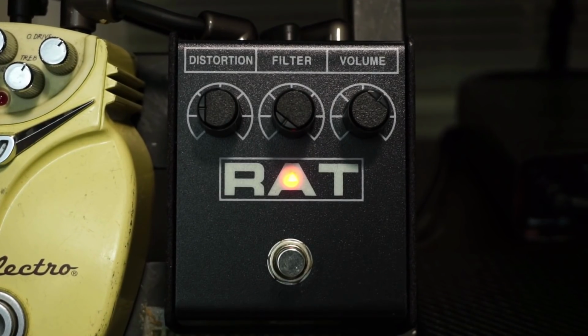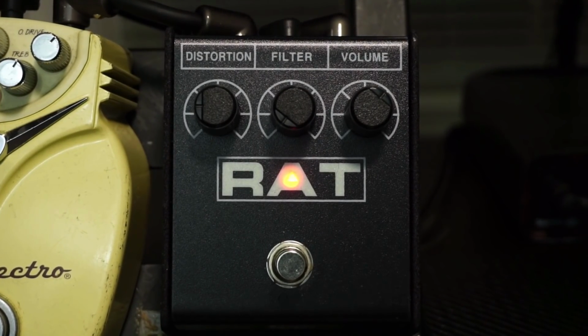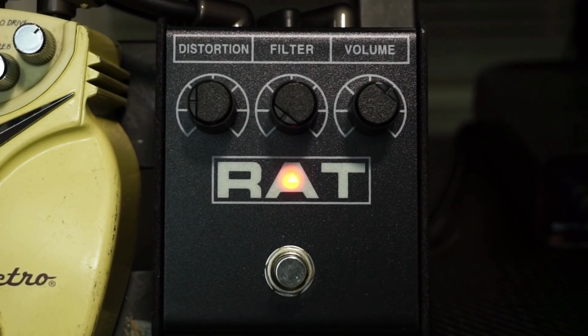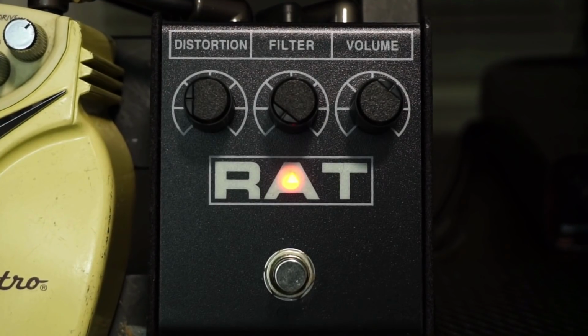For the Dope Smoker tones, I really liked the Rat pedal in front of this. And for all of the distortion stuff we're talking about today, but especially for Sleep, I think a lot of people are going to have this hang-up of, I've got to have an Orange amp, or an Orange-style amplifier, and I've got to have whatever specific pedal Matt is using now. And that's just not the case, because you can take a run-of-the-mill hard clipping pedal of your choice